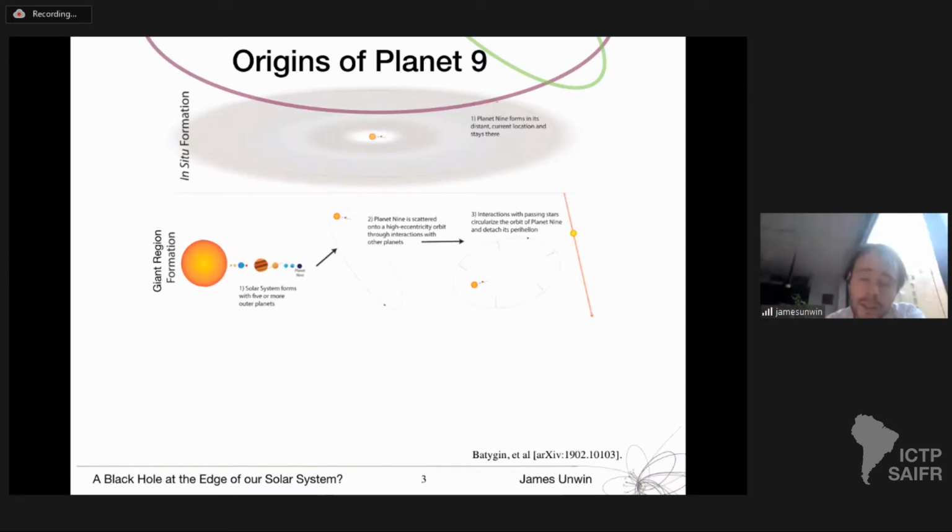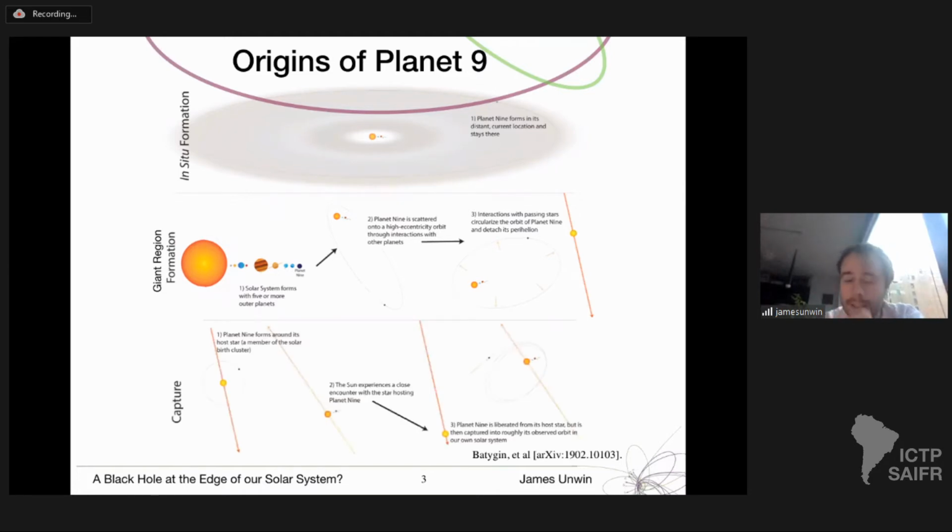The problem with this is once it's kicked out, to circularize the orbit, you have to then add in an extra third body. So you need to basically have a passing star very opportunistically rescatter this planet back into a stable orbit. And the third idea is that perhaps this was formed in a different solar system. In the early universe, it was kicked out of that solar system and then later captured by our solar system